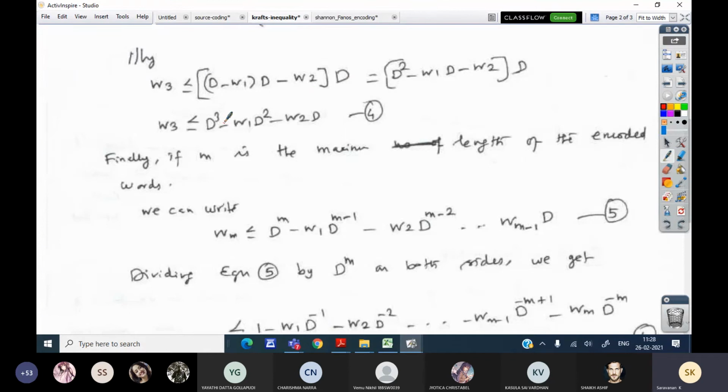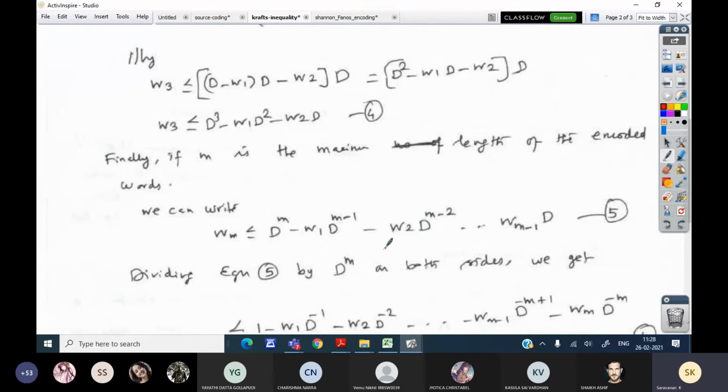Finally, based on the previous equations, we can write the general expression. If m is the maximum length of an encoded word, then wm is less than or equal to D power m minus w1 D power m minus 1, and so on. This is the general expression.